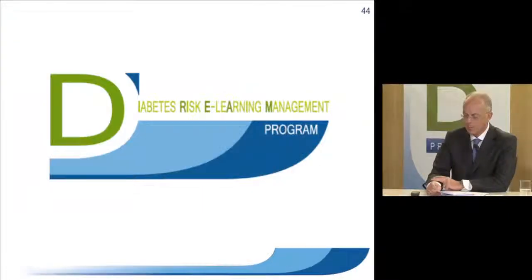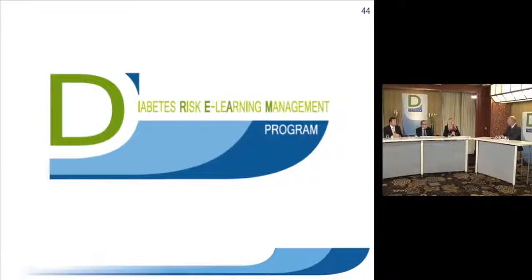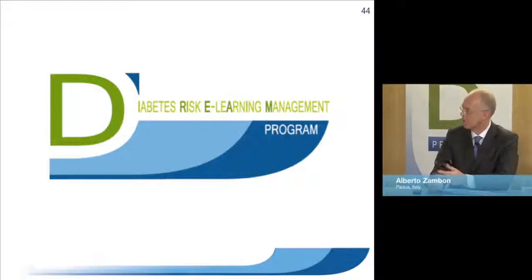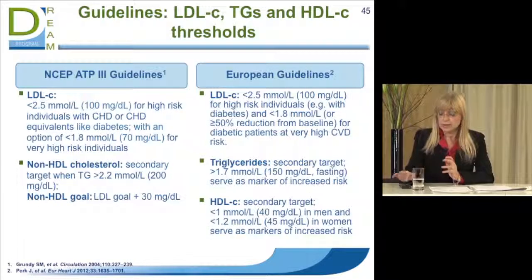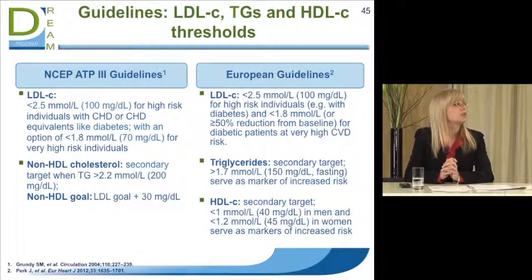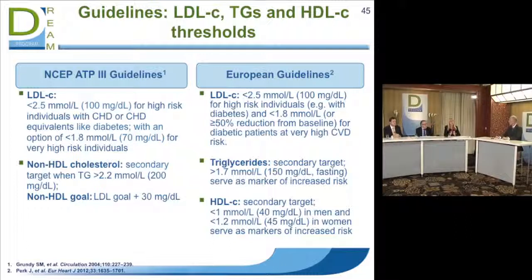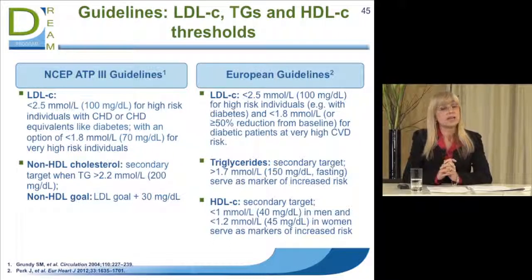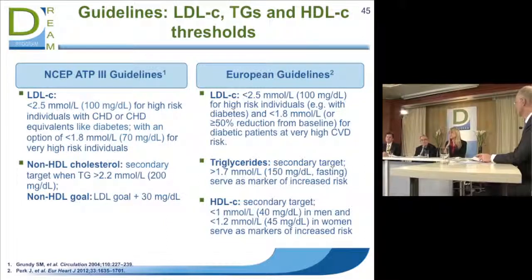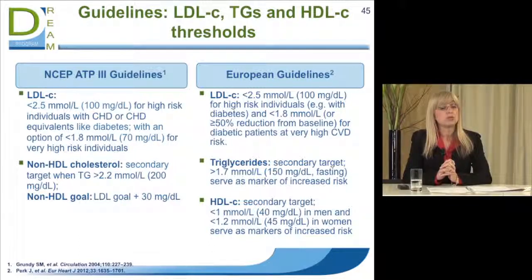Thank you, Lale. Following up on that statement, are there threshold levels of triglyceride and HDL cholesterol beyond which we should consider a combination therapy, and also targets we should achieve? Both the American guidelines and the European guidelines, of course, take LDL cholesterol as their priority. But after you have reached that, the NCEP looks at non-HDL cholesterol, whereas the 2007 European guidelines show triglycerides more than 1.7 millimole per liter and HDL less than 1 in men and 1.2 in women.